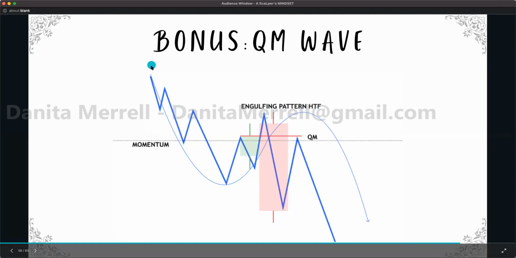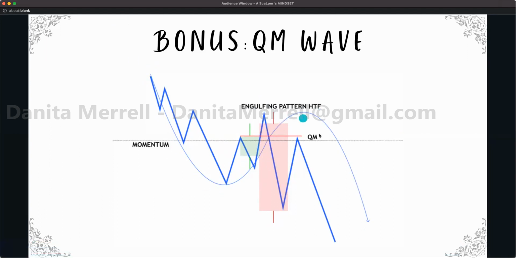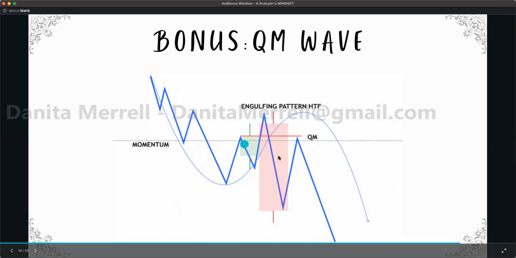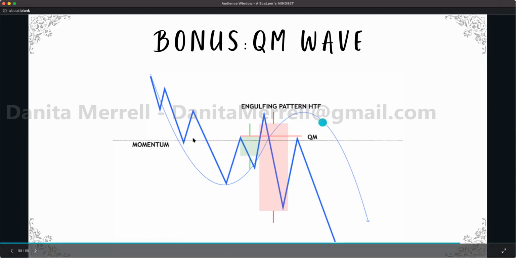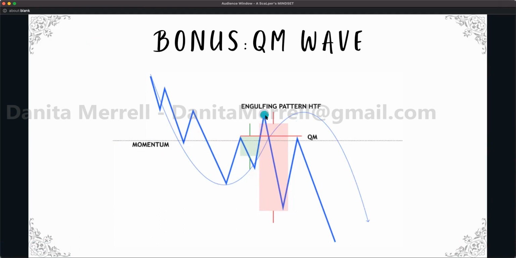Okay, this is one of my favorite setups, especially with NAS, because this happens quite often, as you'll see the trend forming, and price just makes a little blip, which is a continuation of the wave, and you'll see it coming down and then retest and then drop. Okay, so you can see that this candle is our higher time frame engulfing pattern right here. We have our wave formation, we have momentum coming to the downside, and then a short blip,